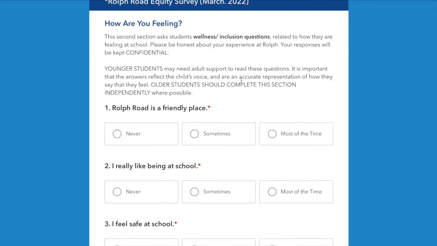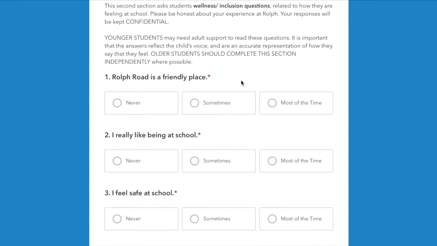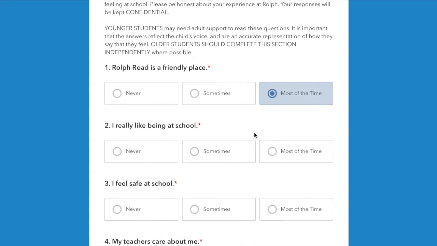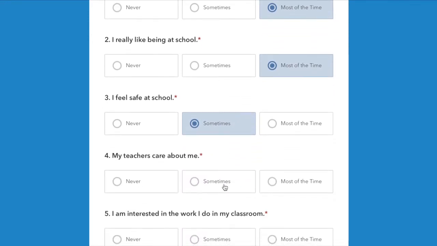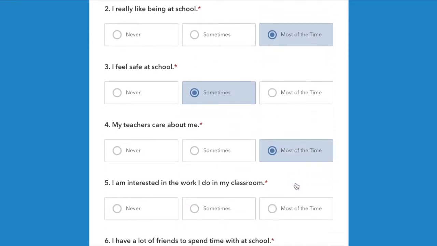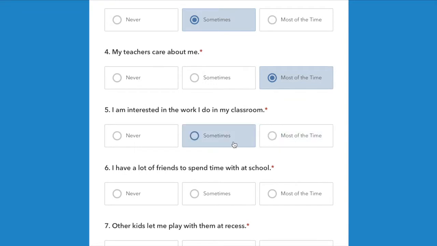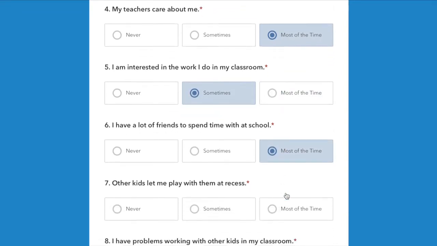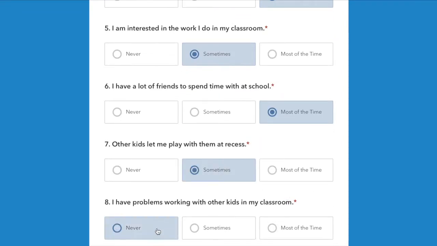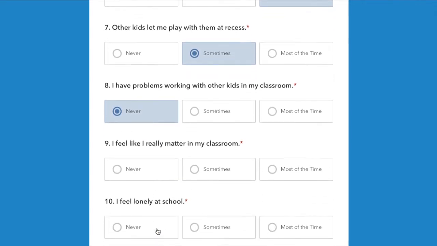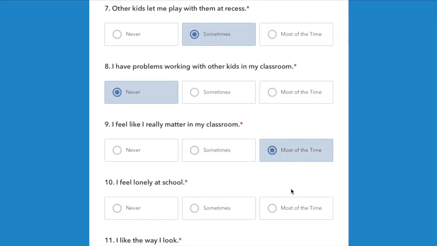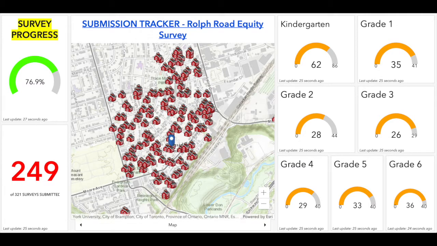The second section asked students experiential questions related to topics such as academics, inclusion, and student voice. Structuring our survey in this way with these 2 sections provided us with an important equity perspective, telling us both how our school is doing as a whole and also comparisons between the experiences of different groups of students within our school. We used ArcGIS operational dashboards to track the responses from students and were overwhelmed by the positive response